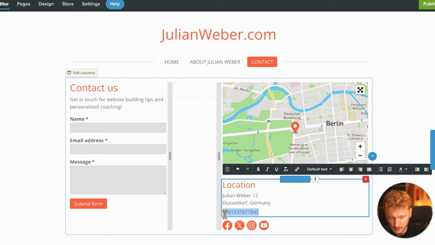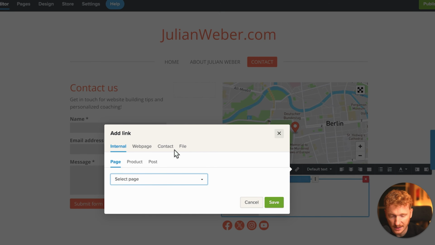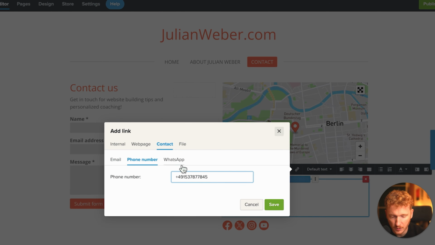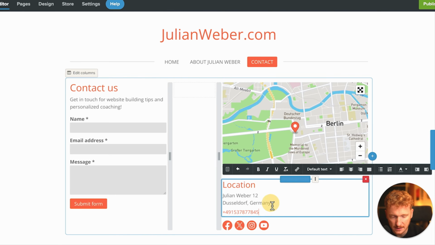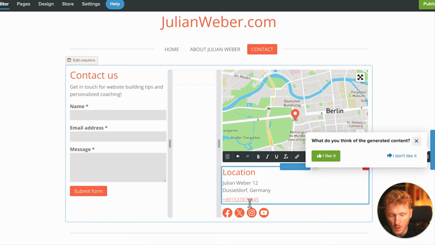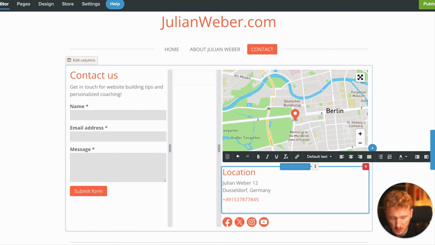And here, one really good trick, you can also link your phone number. So click on insert link, and then on contact, and then on phone number, and you type in your phone number and click save. And now when someone from mobile clicks on the phone number, it will directly dial your number. And same goes with your